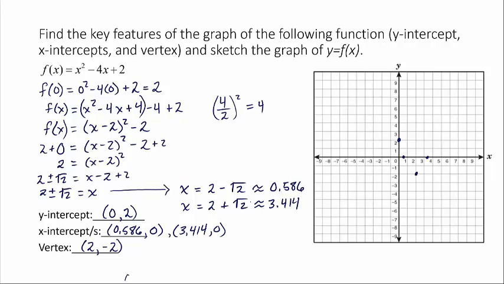Okay, so I'm going to look at the axis of symmetry here. It runs right through the vertex point. Notice that the x-intercepts are about 1.5-ish units away, right? And the y-intercept is exactly 2 units away. So if I go over 2 units on the other side of the axis of symmetry, I have another point there, because quadratics are nice and symmetric that way. And then I'm going to connect the dots. Okay,